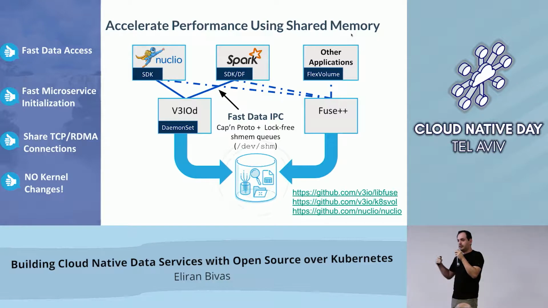We have adapters already on our data services. Like we said, we manage the data services, so we have the adapters for it, and we basically run a daemon set that copies everything into the user memory. So the application doesn't do any copy by itself, it's all resident within its memory. And if you don't have our adapters, some applications like TensorFlow don't have direct adapters, we have a flex volume, another implementation working closely with Kubernetes, basically having a shared memory again, offering a very fast data IPC for your